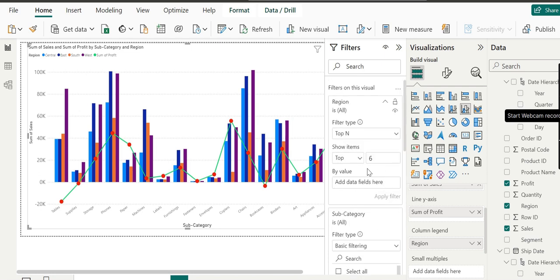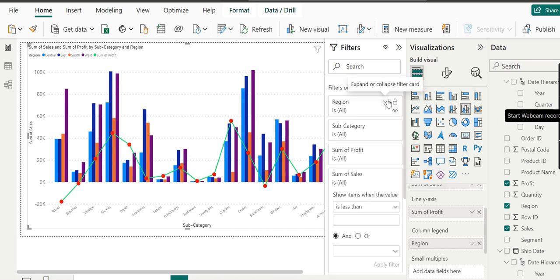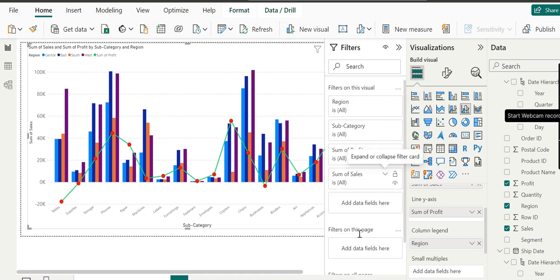If we want, we can change the value. So you can see we can change the view on the different parameters.